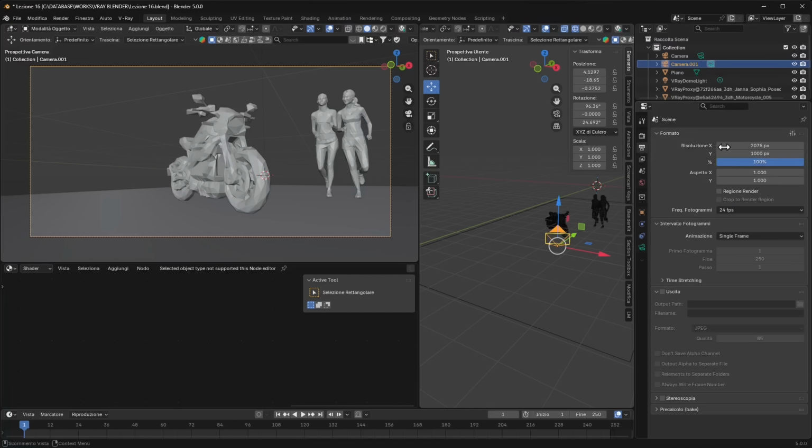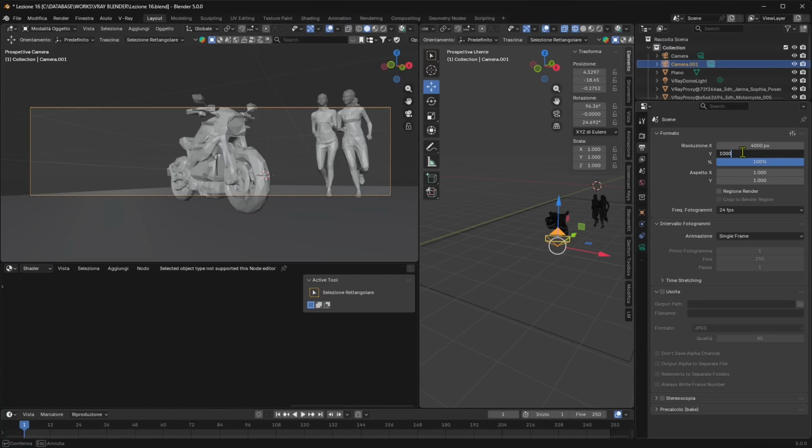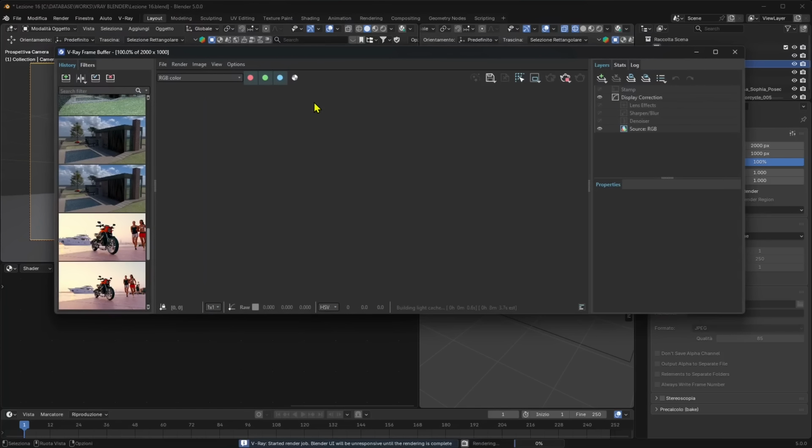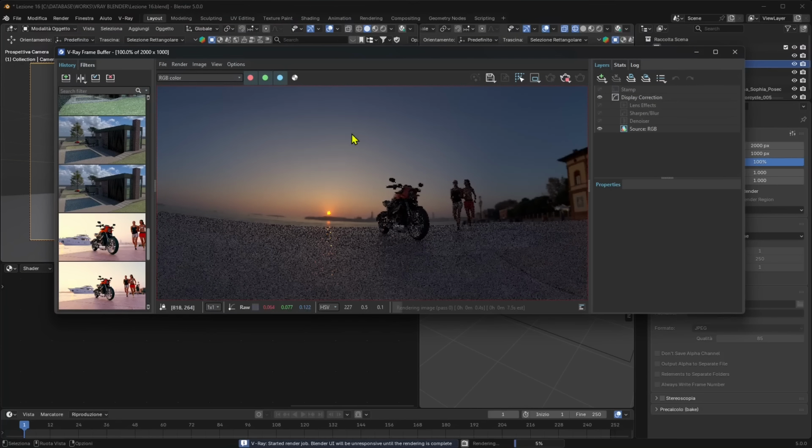And then in the output, also make sure you have a resolution that has a ratio of 2:1. So that means you need to have double the width of the height. So if you have 1000 for the height, double that, make it 2000 in this case. And if you want to make it bigger, just 4K and then 2K for the height. So it needs to be a 2:1 ratio. Okay, once you're ready, you can start the render by launching the production rendering with F12,